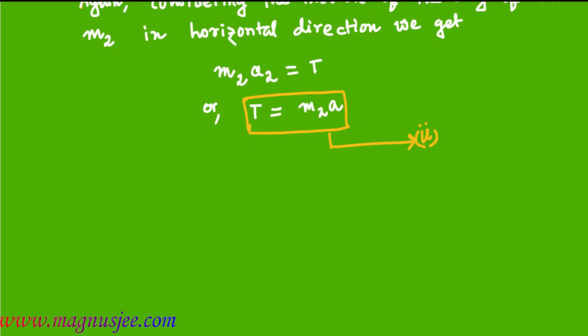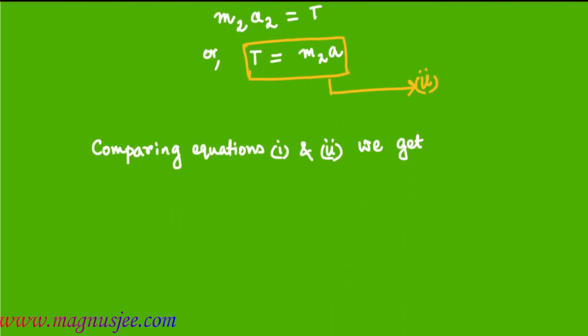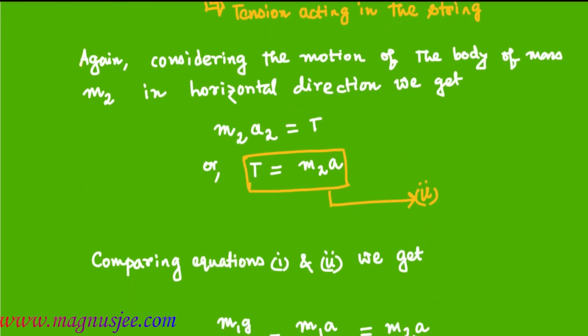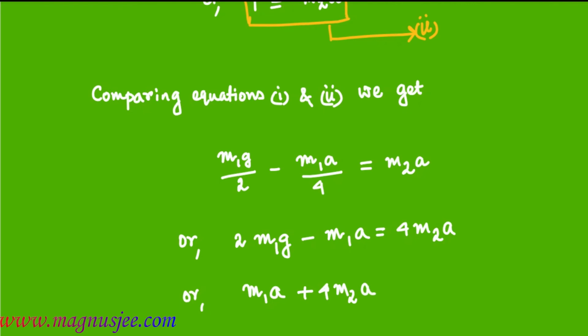Comparing equation 1 and 2, we get m1g by 2 minus m1a by 4 is equal to m2a, or 2 m1g minus m1a equal 4 m2a, or m1a plus 4 m2a is equal to 2 m1g,